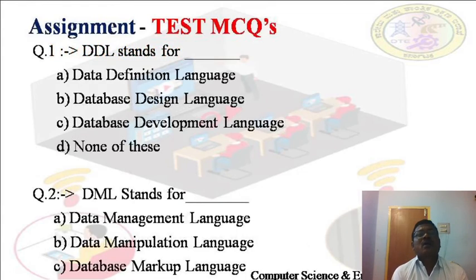Okay students, till now we discussed what DBMS languages and DBMS interfaces are. In the DBMS languages we have the types DDL, SDL, DML and VDL. Similarly, in interfaces we also have different types, such as form based and GUI, and many more. After studying this, we will go for multiple choice questions on these topics.